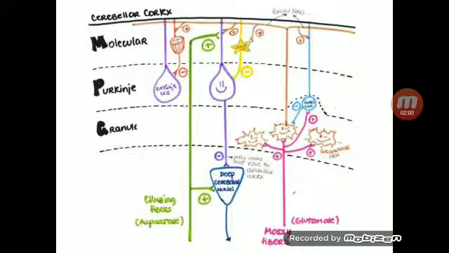So inputs come from different areas through climbing fibers and mossy fibers. Information coming from the inferior olives via the olivocerebellar tract of the opposite side, these fibers are called climbing fibers. The axons of these climbing fibers come in, give off axons directly to the deep cerebellar nuclei, and also go up to the Purkinje layer and give off axons